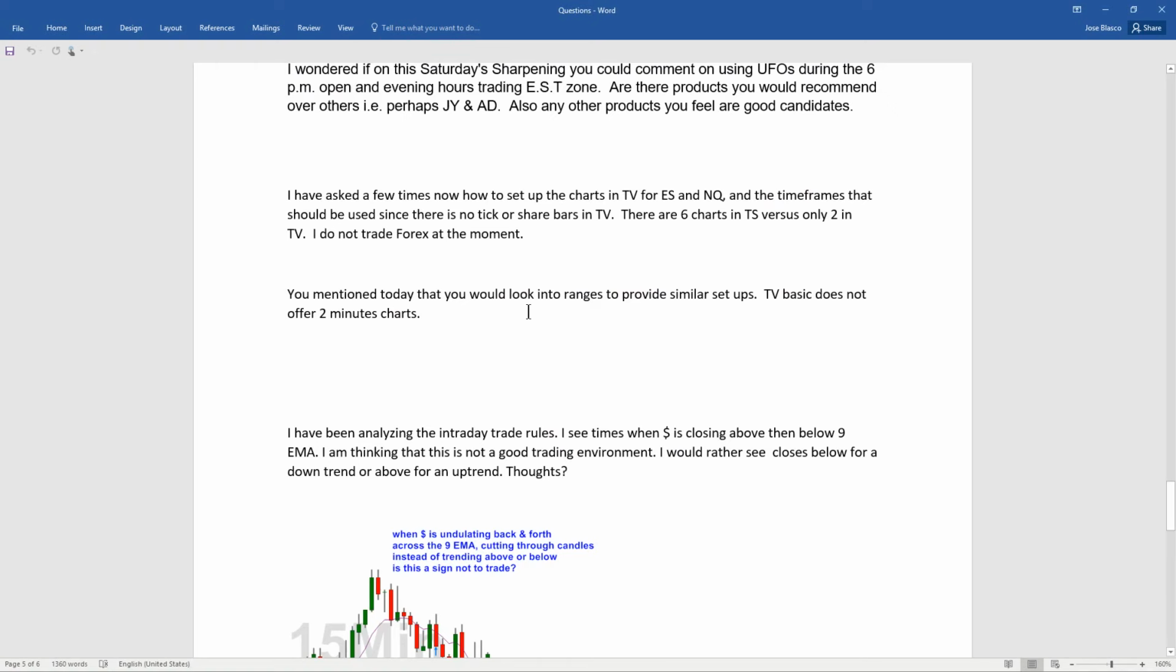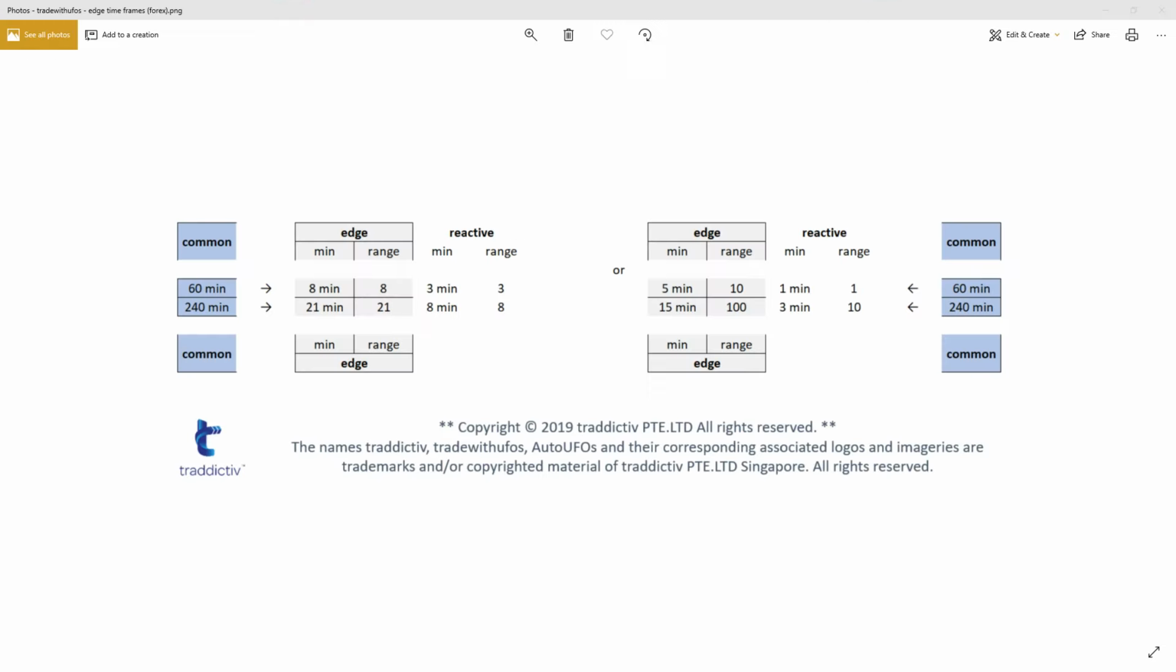You mentioned today that you look into ranges to provide similar setups. TradingView Basic does not offer 2-minute charts. So we'll talk about that next week as well. If you notice, if I show you those time frames,